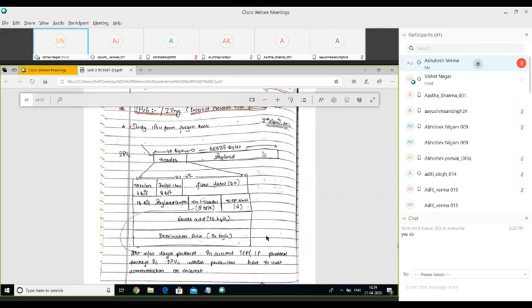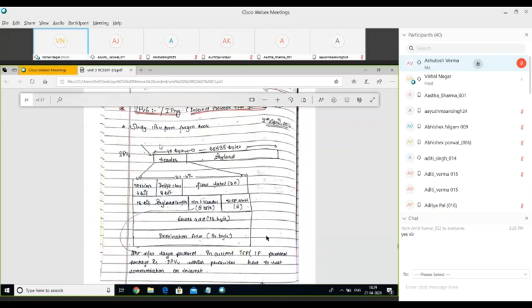Each device connected at this time has an IP address. So this 4-bit field defines the version of the IP packet.